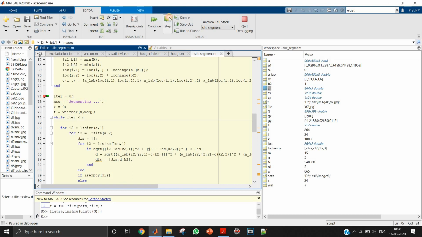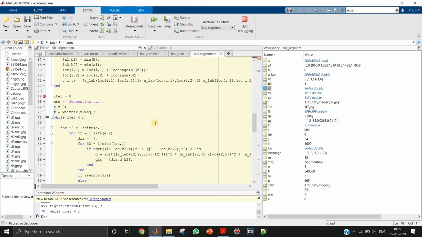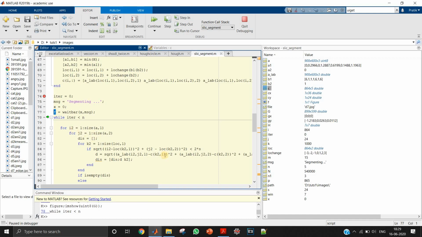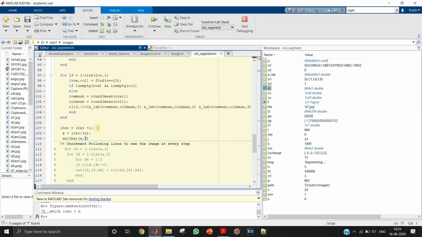And now we come to this thing. So here, as I told you, this message is on that weight bar. So this will tell you what message you want on the weight bar. Now there is this x. So this x tells you how that green thing comes. So let me first bring that weight bar. Right. So here we have called that weight bar. So this f is called. That is, the weight bar has now been called. Now whenever I use this particular weight bar x comma f,